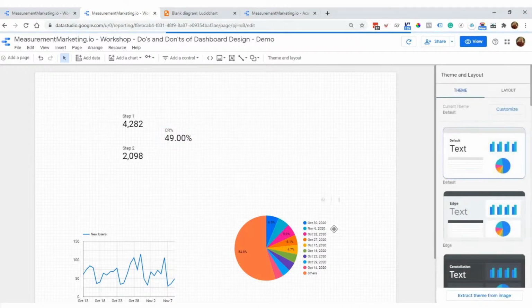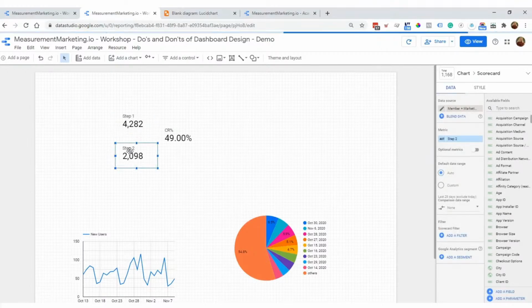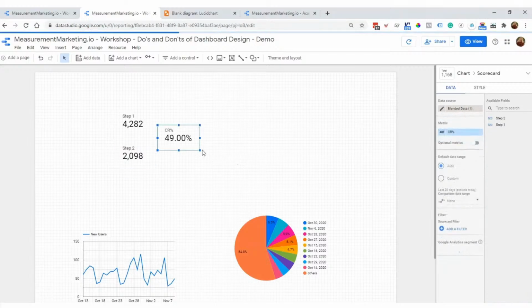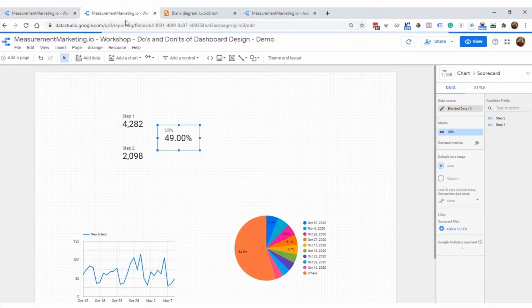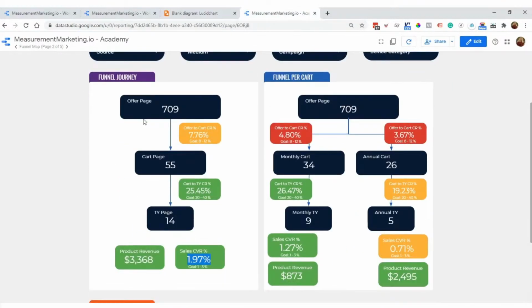All right, we're going to come to our handy dandy little Data Studio dashboard again, and we have a step 1 and we have a step 2 and we have our conversion rate. Well, depending on what this funnel is and what it's supposed to do, your end user may or may not know if this 49% is good or not. And that's why your do of this is get context and clarity. So a different version of this is something we've done with our ongoing dashboards,